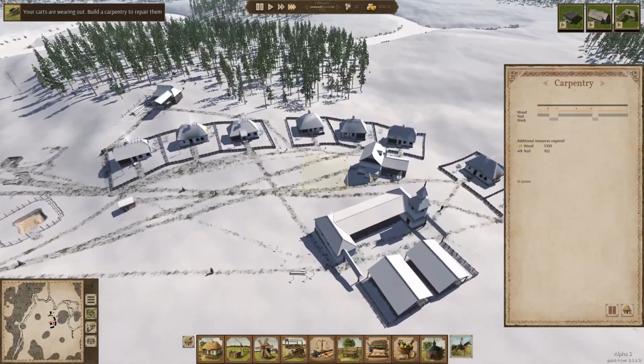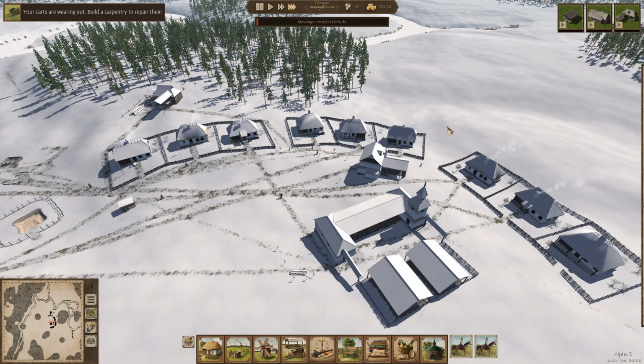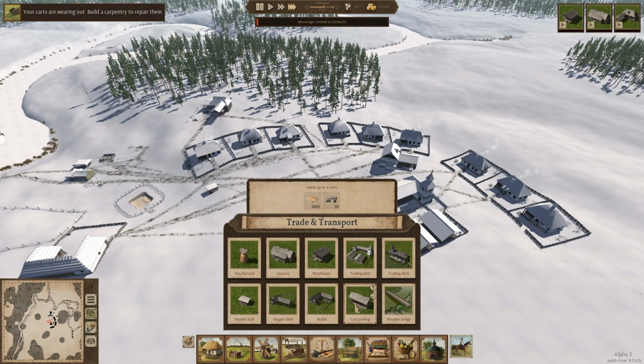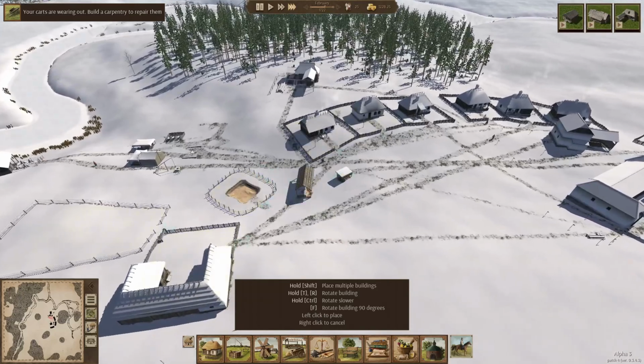I guess another thing, I think the carpenter will build carts as well for us. Let's take a look at that. Carpenter, okay, builds carts and repairs carts. So we may want to put down another one of those parking lots for the carts. Cart parking, 20 nails. Let's do that. And let's put it next to this person's house. They may not be too happy with the noise, but